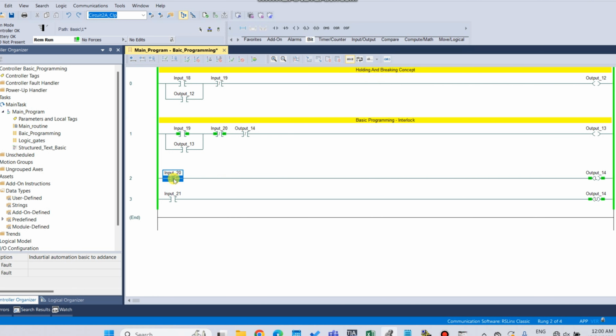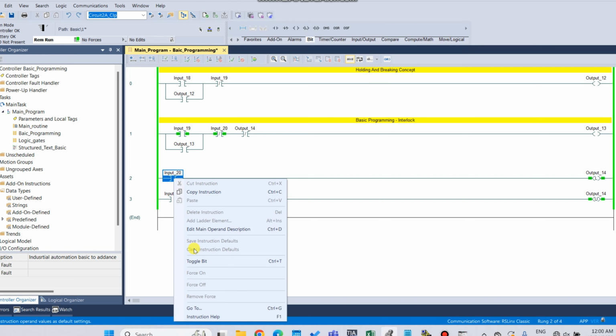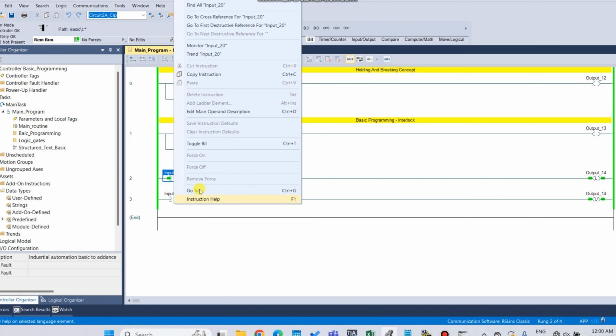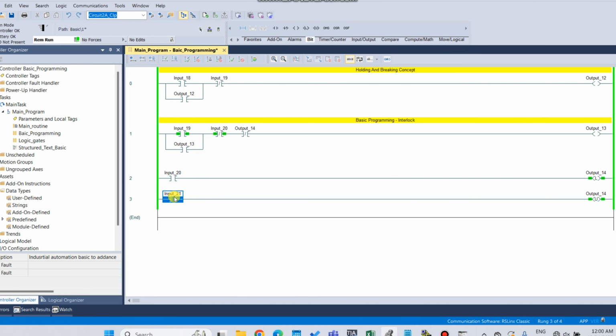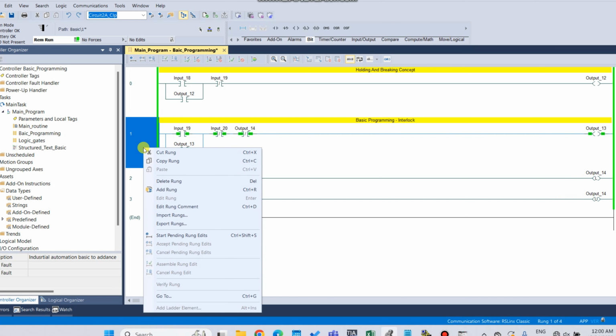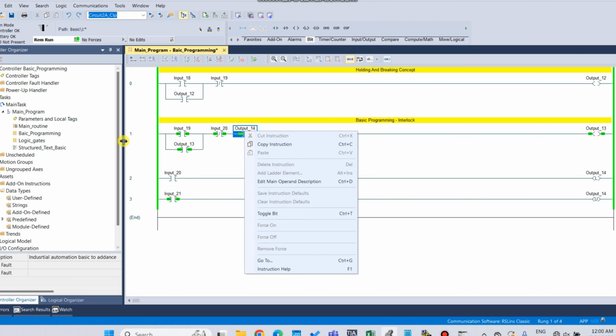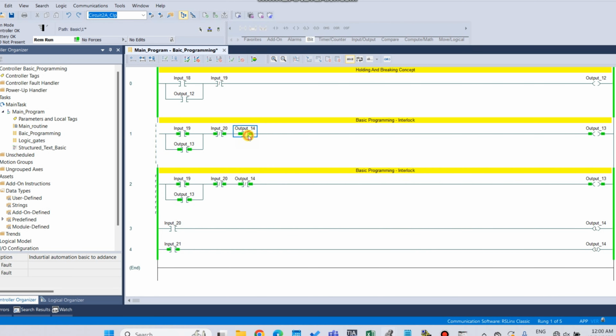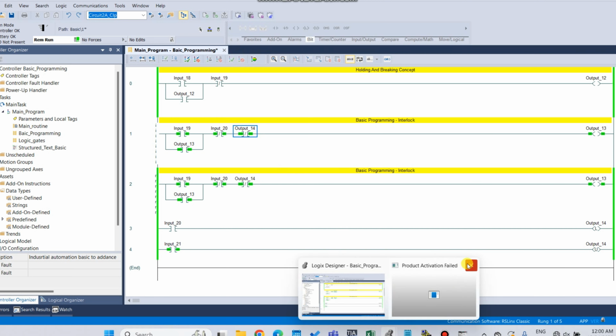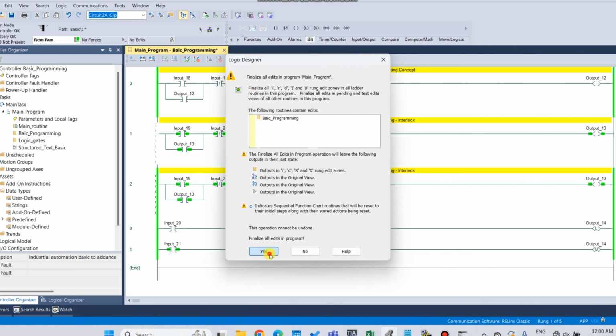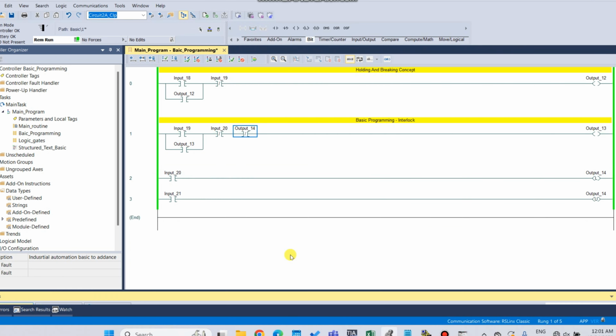But here is one more interesting thing. If I have two inputs and from one input I select unlatch, what will happen?